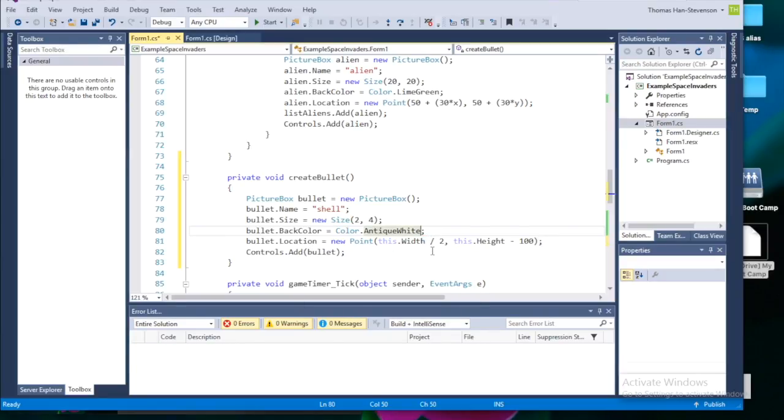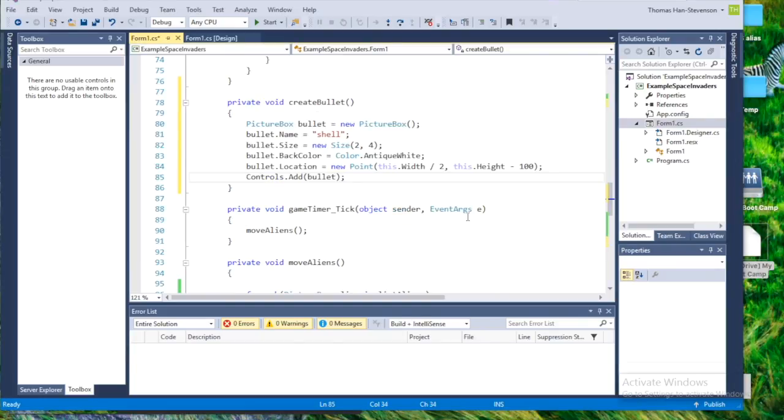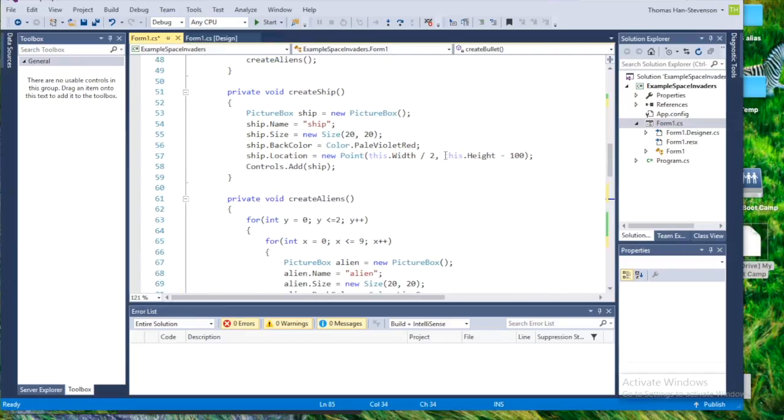Bullet location. Okay, now that bullet location will most likely have to come from where the ship was positioned. So we're going to have to base it on the ship position. To reference the ship position, we need to reference it. Now we've got our create ship method here. We create our picture box ship, but it's only visible currently inside this method. We need a way of seeing that outside of the method. So we're going to do, now